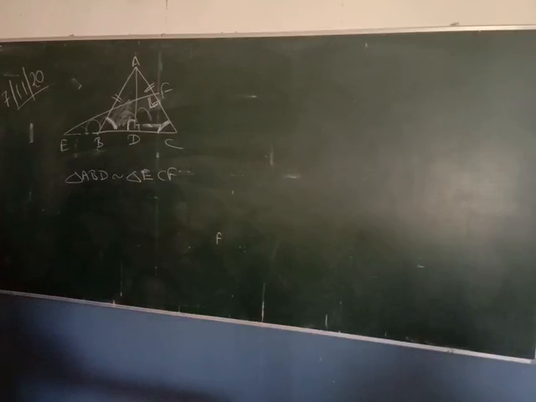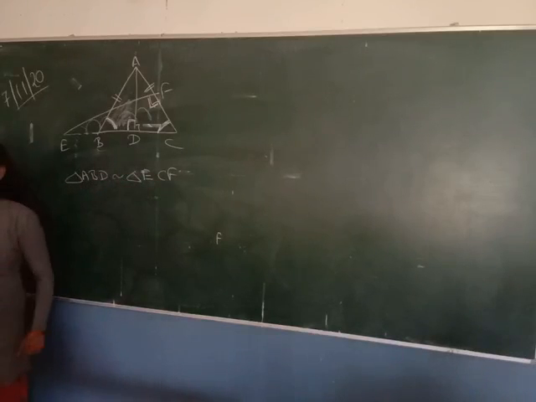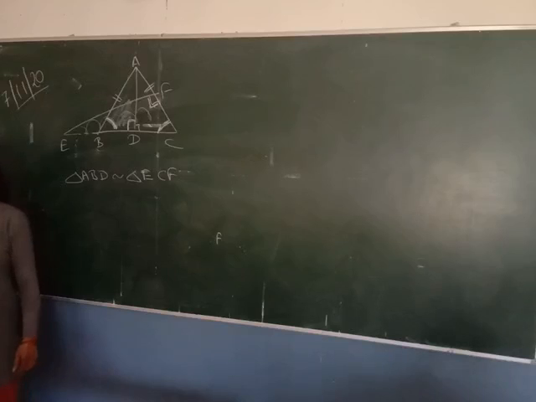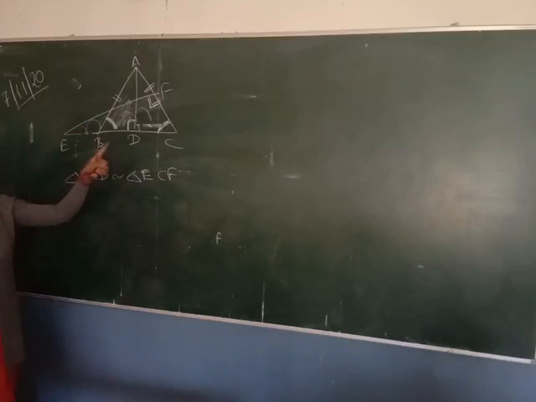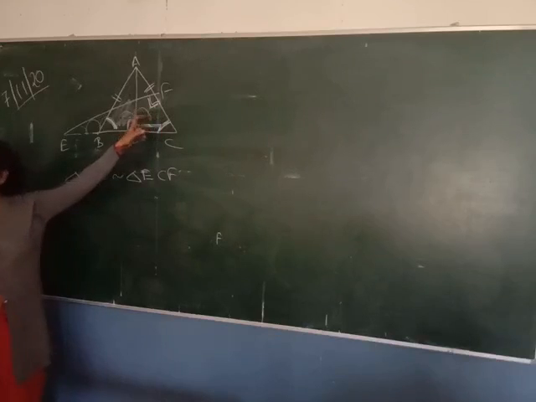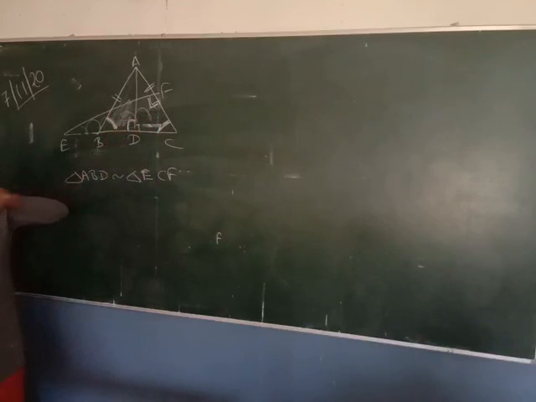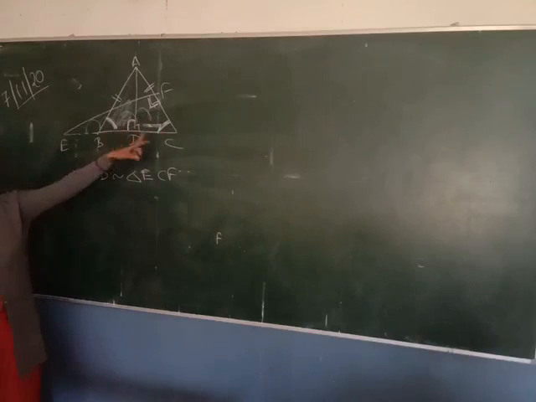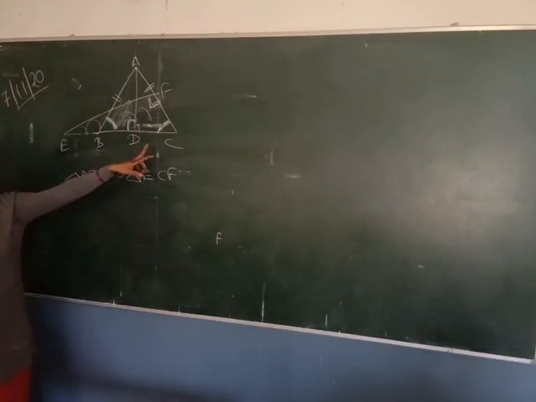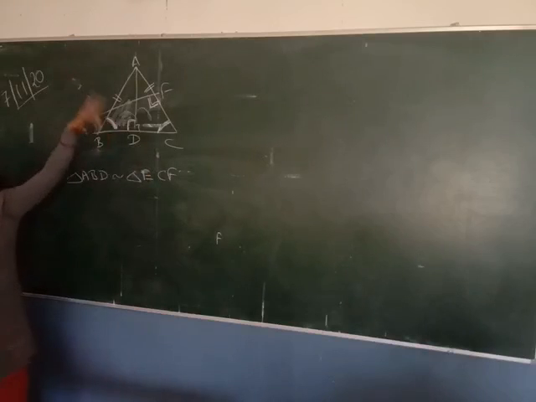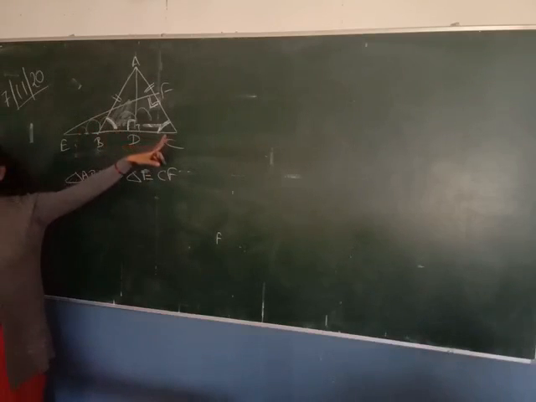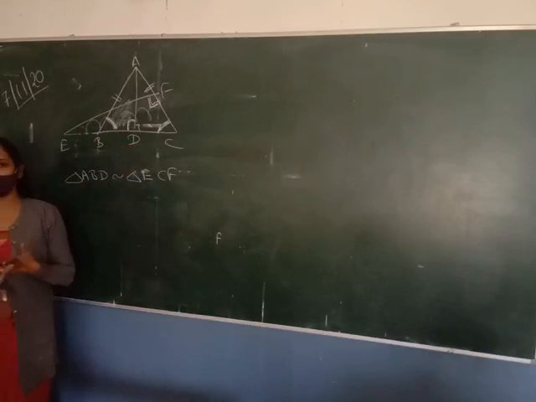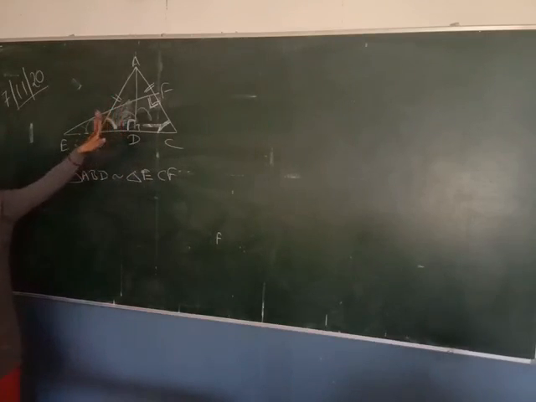Hello? Explain. How can you prove these triangles are similar to each other? Triangle ABD and EFC. Angle D is equal to angle F, both are each 90. And angle B is equal to angle C. Why is angle B equal to angle C? Angle opposite to equal sides are also equal. Very good. Because we know that AB equal to AC, so the angles opposite equal sides are also equal. So by angle similarity, you can prove that these triangles are similar to each other.